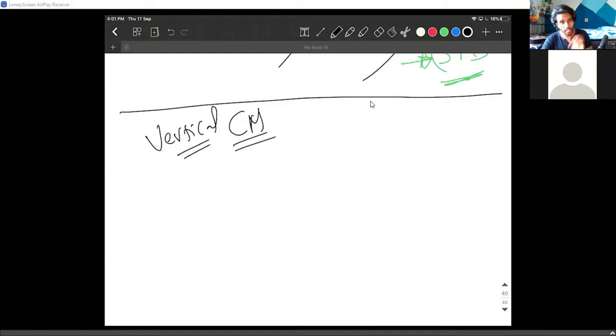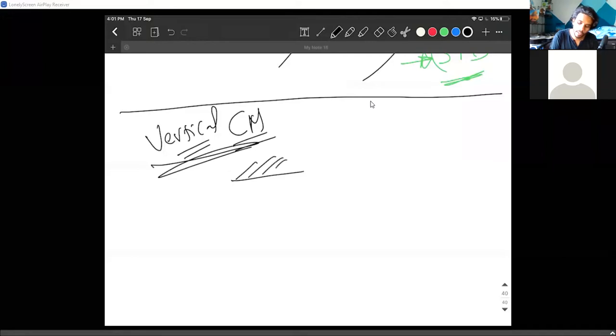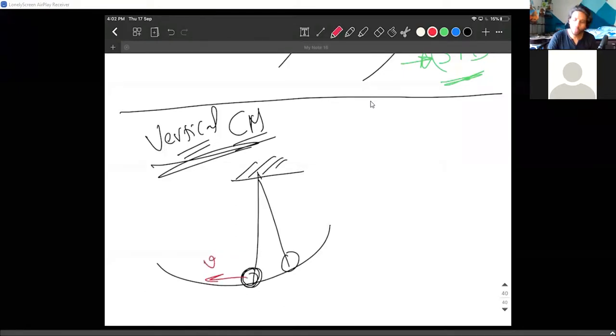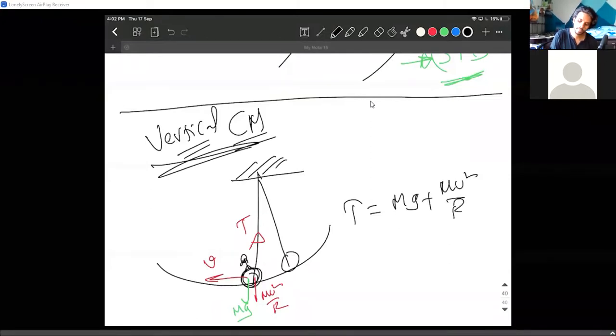Now, in vertical circular motion, we are only going to deal with a very simple thing, which is when a pendulum is going in a vertical circular motion, he already mentions that the body has some velocity here, v. So he asks the tension in this case. I would say simply, mg is there. I'm standing on the pendulum, so there will be mv square by r. Since I'm standing on the body, there is no circular motion anymore. Everything is at equilibrium. So tension equals mg plus mv square by r. That's all. Tension equals mg plus mv square by r. It's a very simple idea.